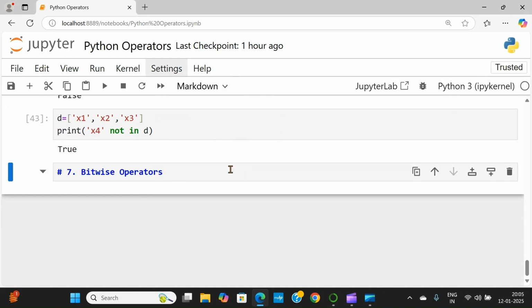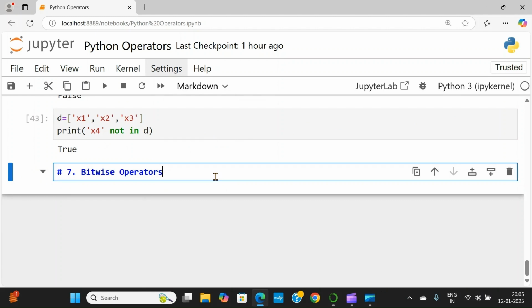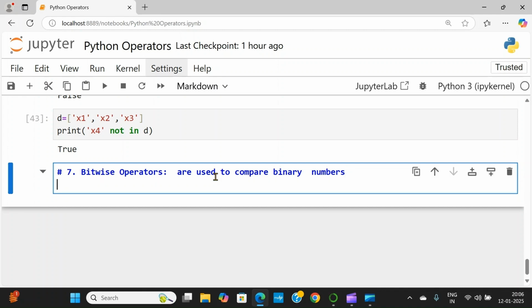Okay. Now in the bitwise operator, basically these are used to compare binary numbers, like zeros and ones. Okay, now coming to the operators, we have the operators like